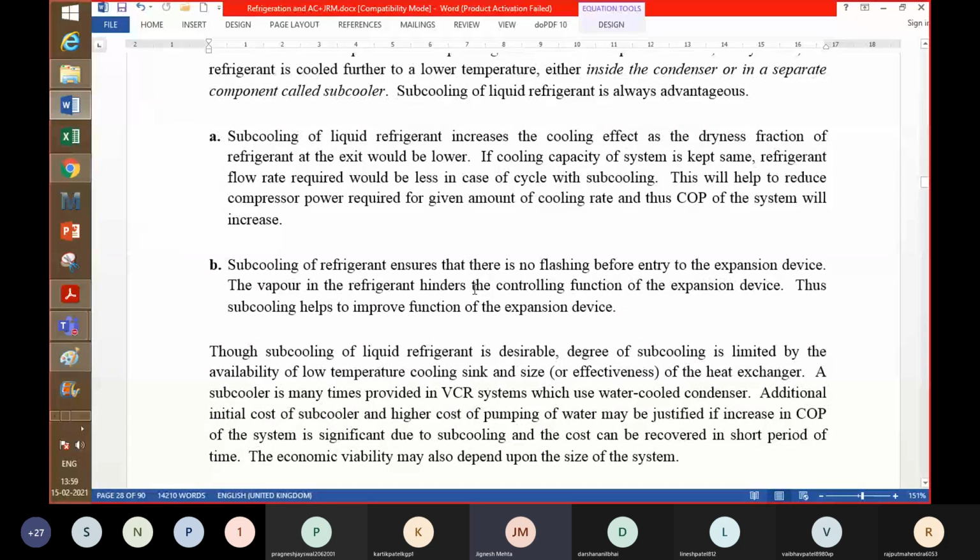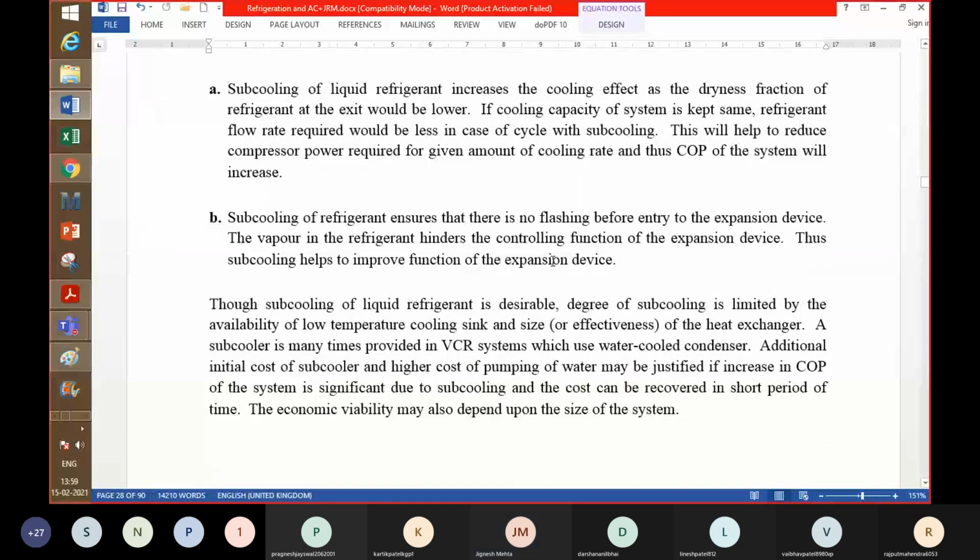Another positive aspect of subcooling is that the mixture that is coming out of the throttling device will have less dryness fraction, right? Less vapor, less flashing, as it is called. Flashing means conversion to vapor. Now when that vapor is produced, the specific volume increases drastically and velocities are increased, and that hinders the control, because the passage available in the valve is very small, and high velocity hinders the controlling function of the expansion valve. So if you go for subcooling, it is also good for better functioning of the expansion valve.